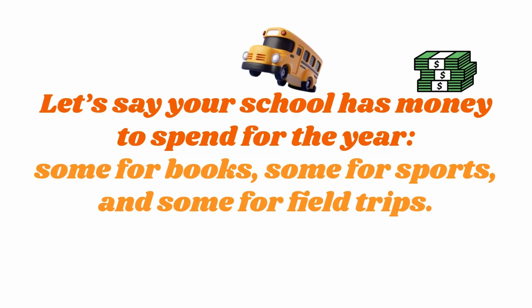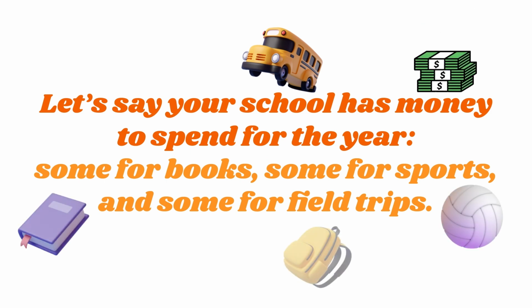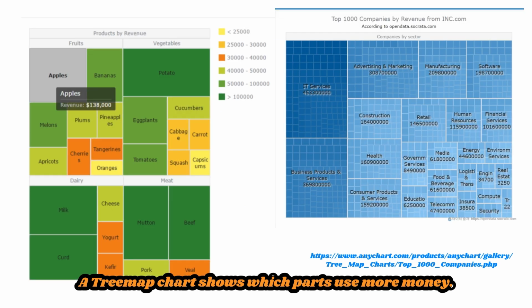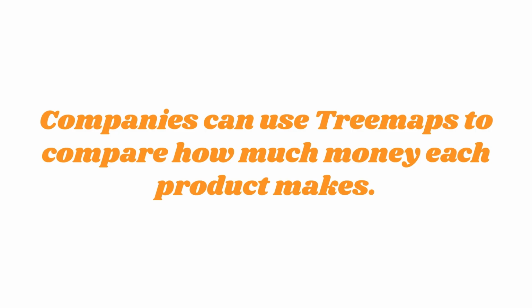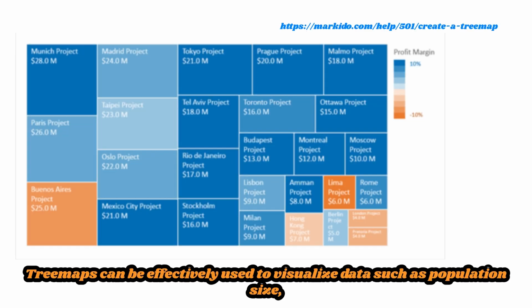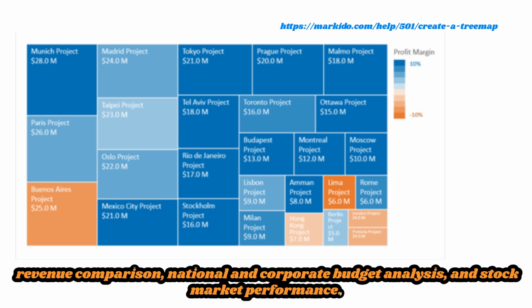Let's say your school has money to spend for the year, some for books, some for sports, and some for field trips. A treemap chart shows which parts use more money. You can quickly see where the biggest costs are. Companies can use treemaps to compare how much money each product makes. Treemaps can be effectively used to visualize data such as population size, revenue comparison, national and corporate budget analysis, and